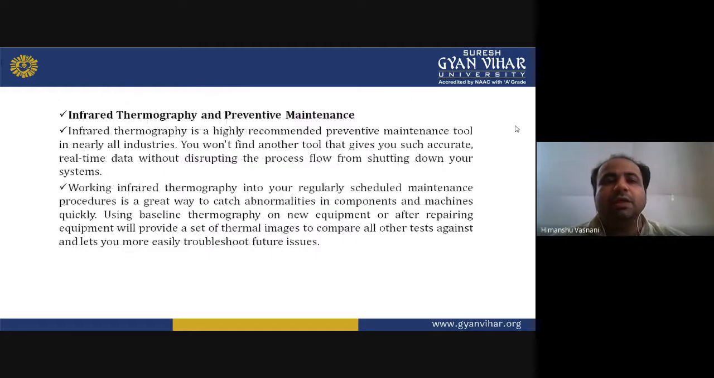Okay. Now infrared thermography and preventive maintenance. Let's go through it. Infrared thermography is a highly recommended preventive maintenance tool in nearly all industries. You won't find another tool that gives you such accurate real-time data without disrupting the process flow or shutting down